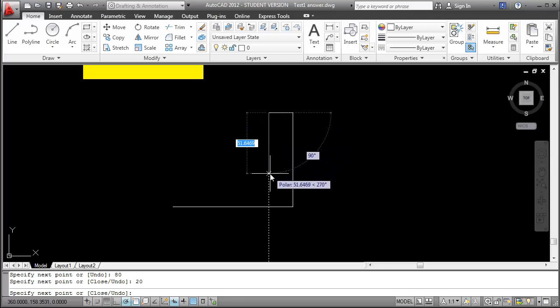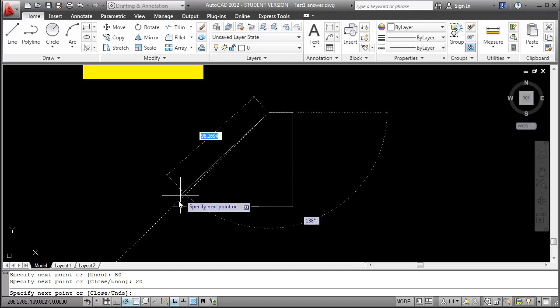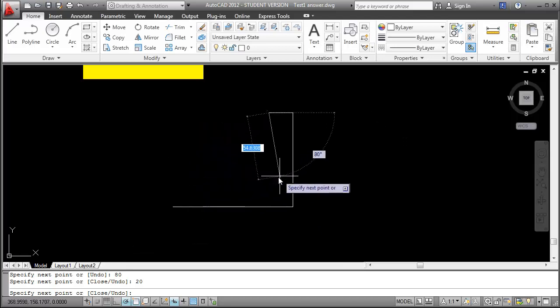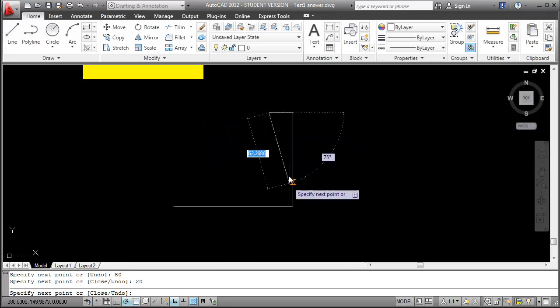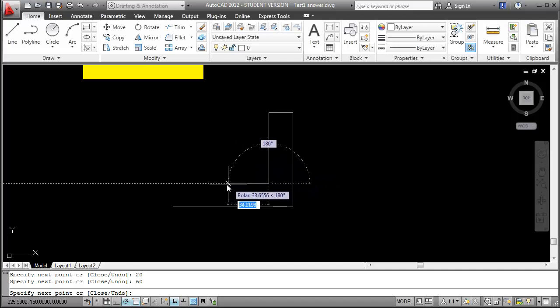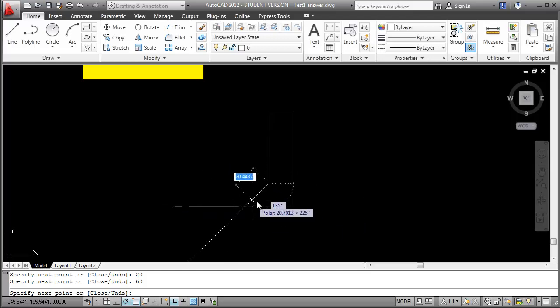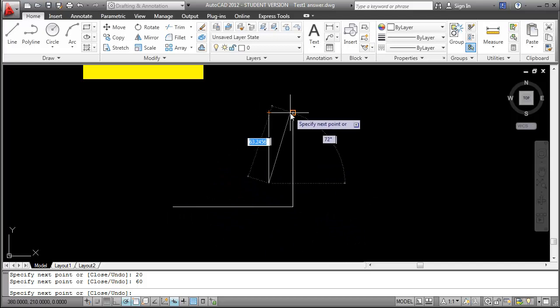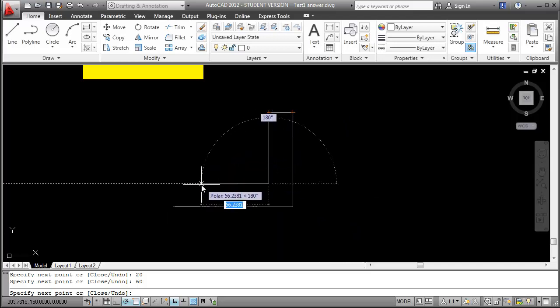Now this time we do not know exactly how long this line is until we work it out. So we know that this end is 20 and the length of this vertical line is 80, so this line would be 60. So type 60, press enter, move the mouse towards the left when it's level, type this time round 80, because 100, which is the length of this line, minus 20 is 80. So type 80,